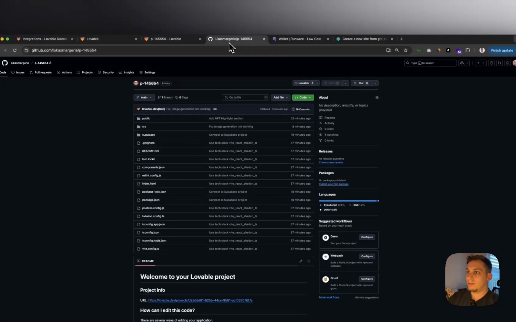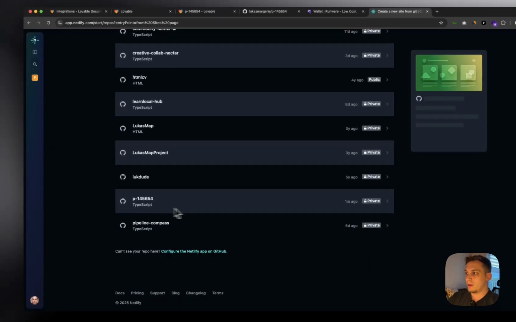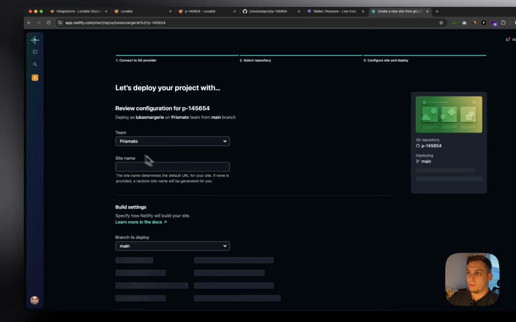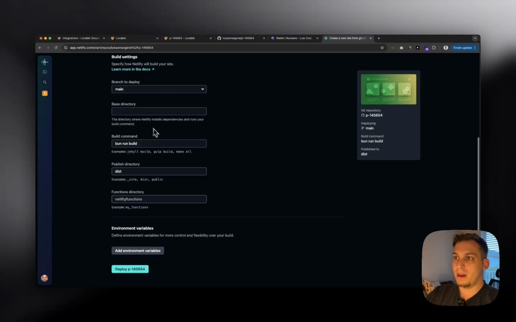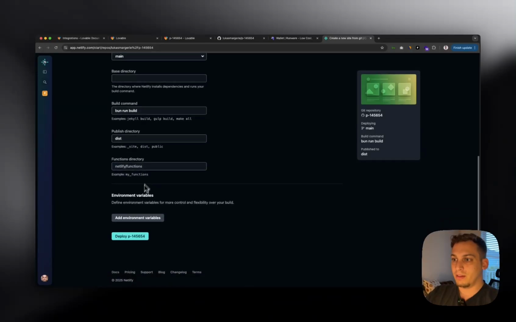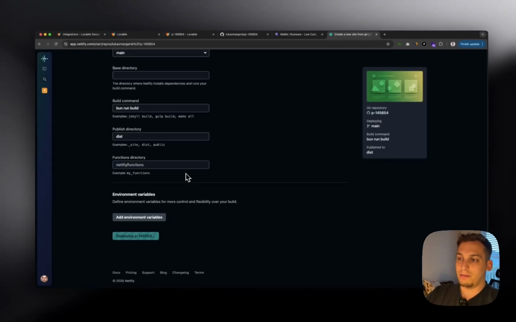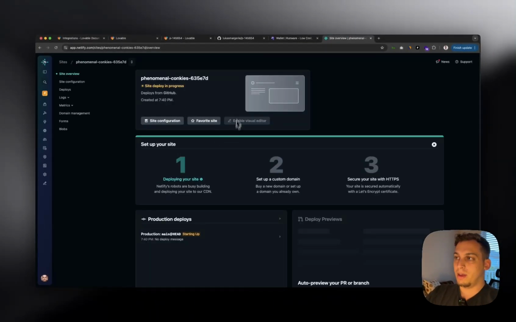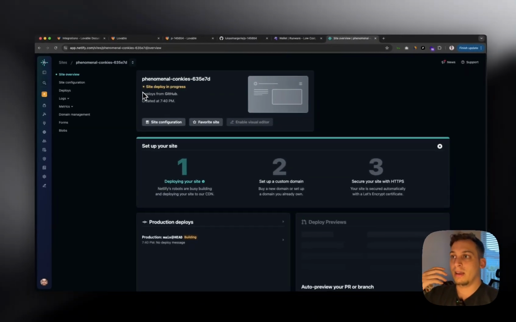You see this one is called P14 whatever. So let's just look for that. It's right here, TypeScript. We leave this empty. We keep this in this team, branch to deploy main, and we keep this like this. Click on deploy, deploying, and it's just going to take a few seconds, and then we get this screen. And then after another few seconds, I mean, this is set to yellow right now, but it's going to be set to green, and we're going to have a